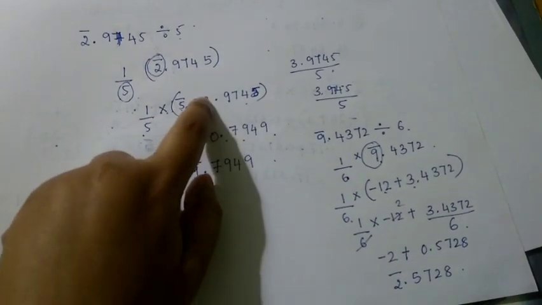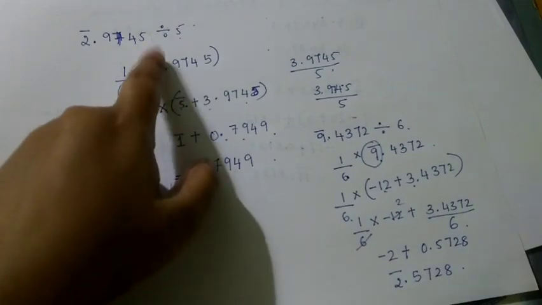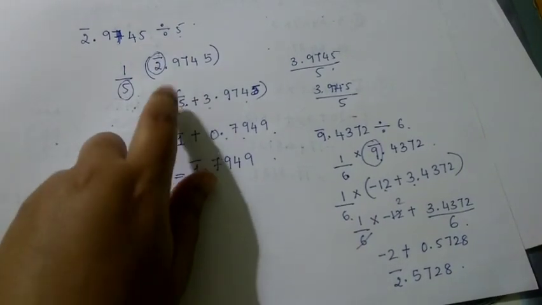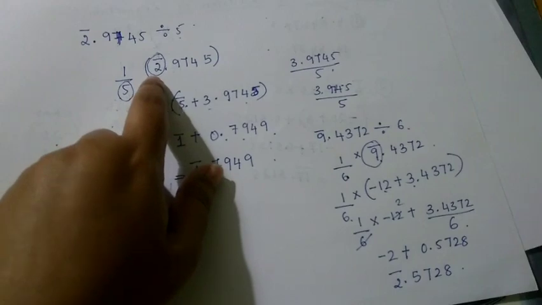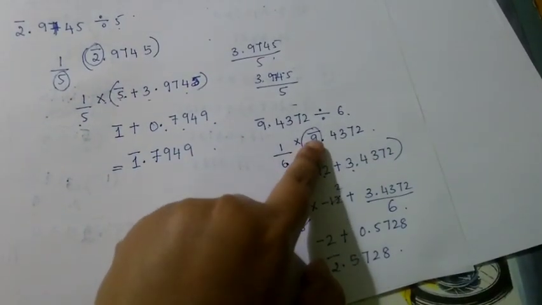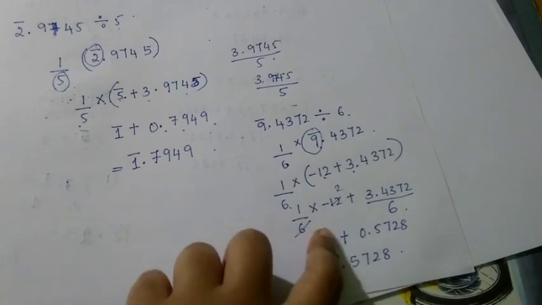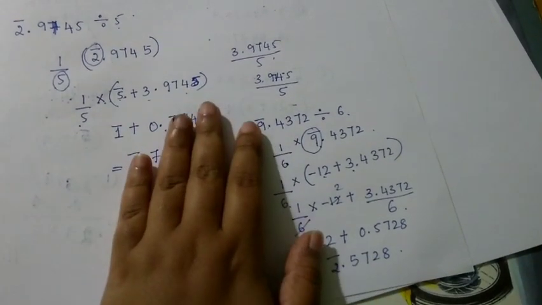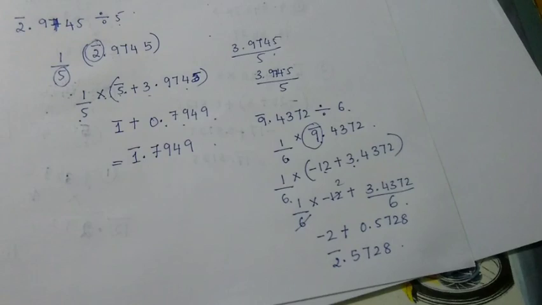If it is 5, you have to adjust the number so that the new number is divisible by 5. So 5 minus 3 gives you 2. Like that you have to adjust it. Here 12 minus 3 gives you 9. So you have to make some adjustments in order to divide and make this simplification much easier.